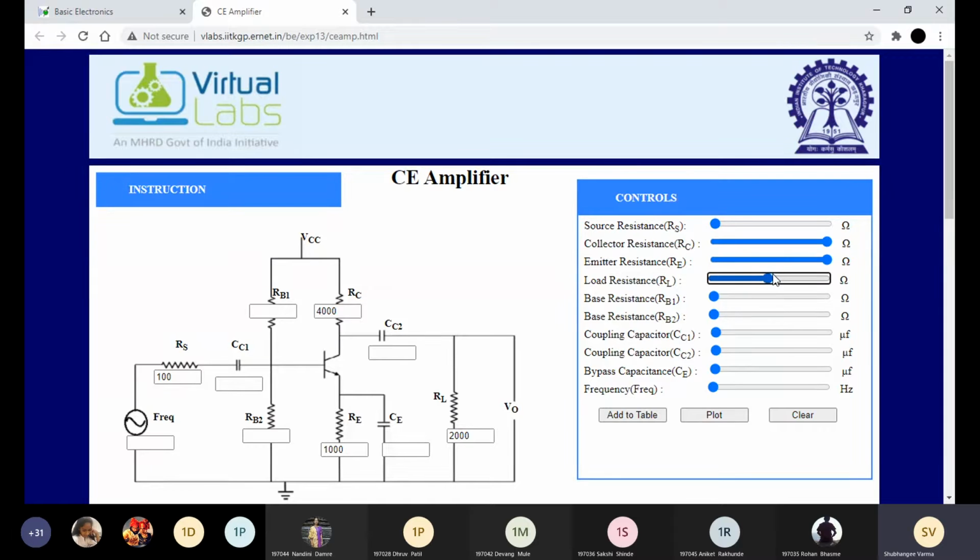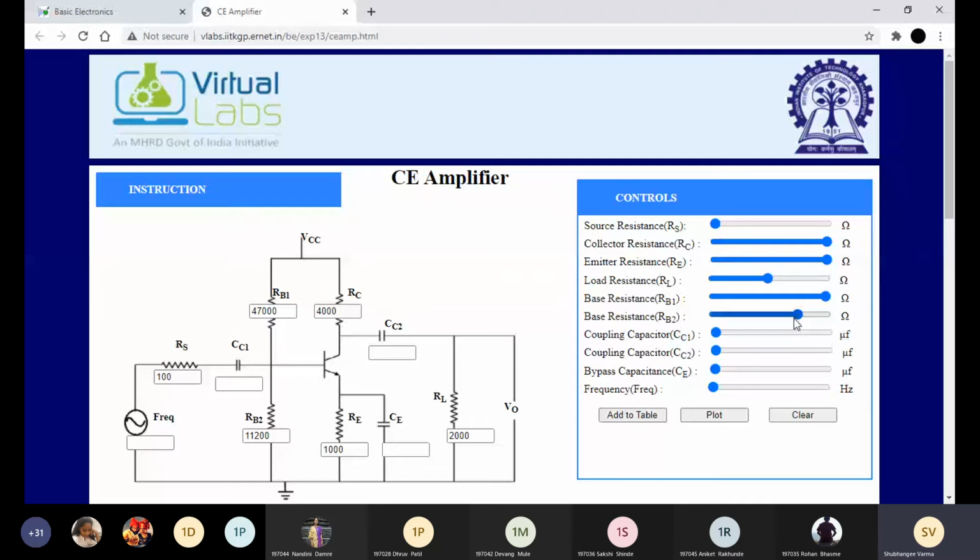These values are given in the procedure. Then RB1 and RB2: RB1 we are going to select 47K, and RB2 we are going to set at 10 kilo ohm. 10 kilo ohm means 10,000.